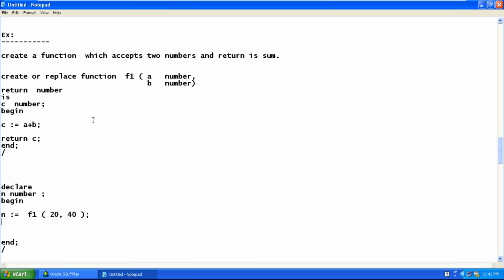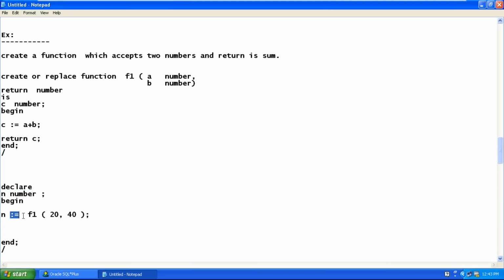Very important. Look at this. What is the name of the function, Jamal? f1. Yes. The function has how many parameters? Two parameters. So we call the function with 20 and 40. As the function returns a value, I need one variable to catch the value. That's the reason I have declared one local variable n.